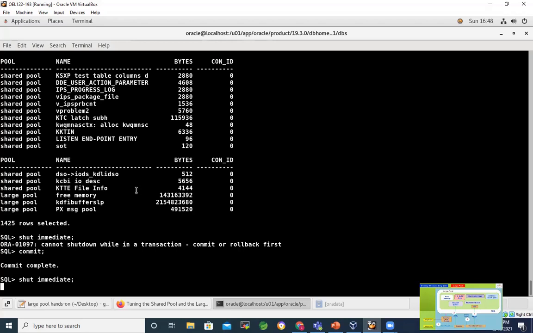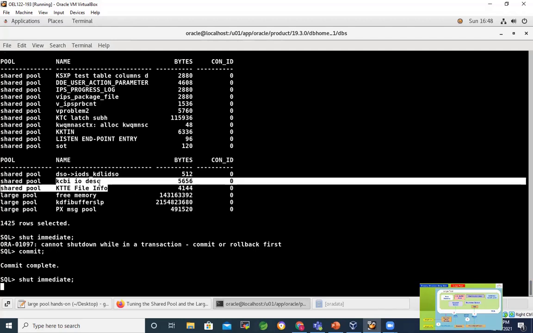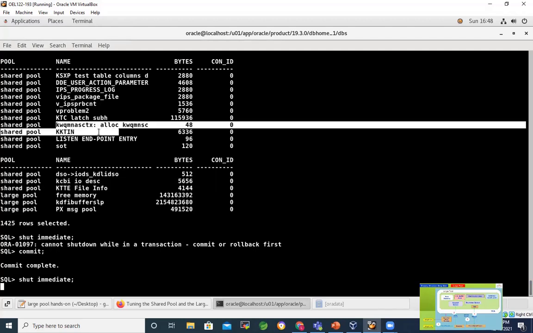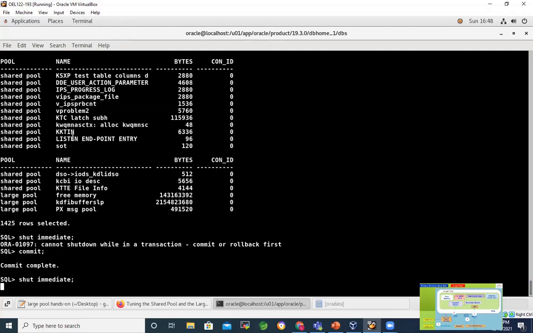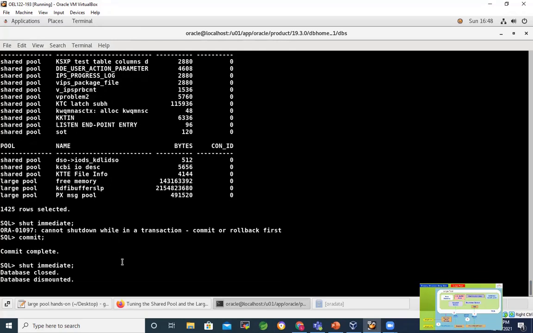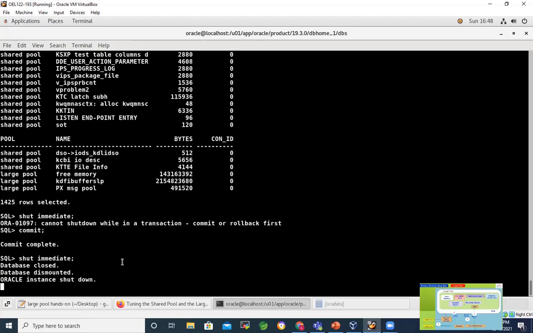Let's not deep dive into these things at the moment. Let's consider these things under tuning. We are just getting familiar with the memory structures and architecture of a database. Of course, it's phase 2 of architecture, that's why we are deep diving into the memory structures, but we are not touching upon the tuning details. Okay, let's start up.